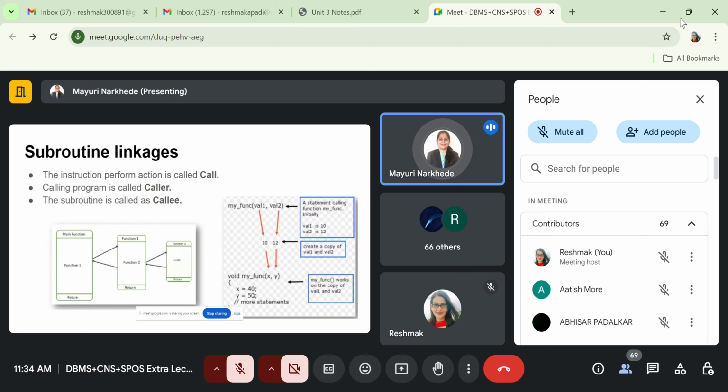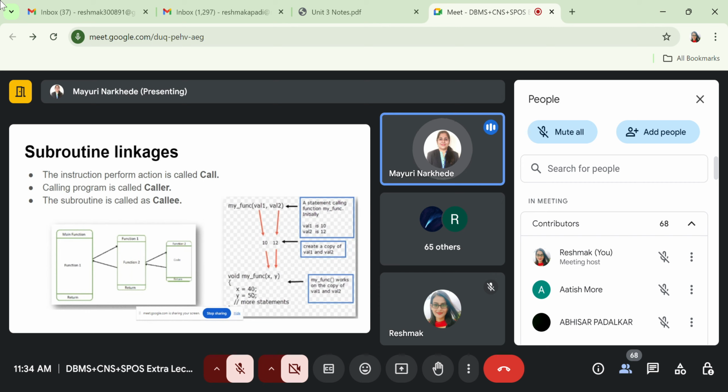So what is the syntax for that? We need to use extrn, and after that the symbol name. So let's say extrn and the symbol is f1. And the other type is the entry statement. Now what is that? It is a symbol which is defined in the current program unit, and this symbol may be referenced in another program unit. We call this type of statement an entry statement.